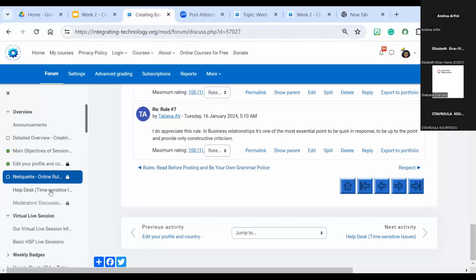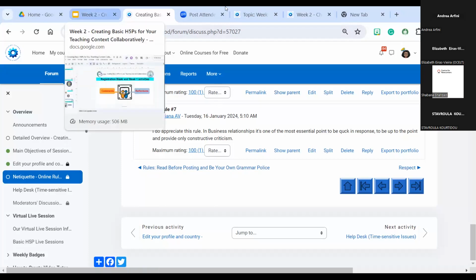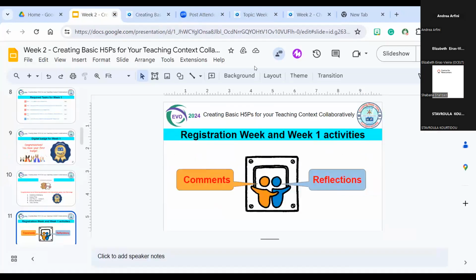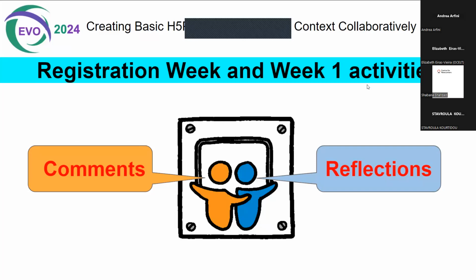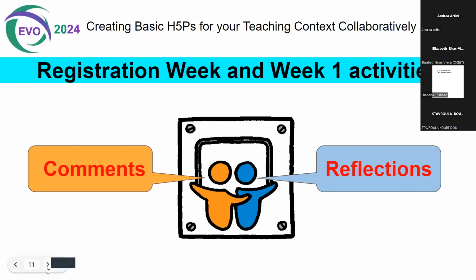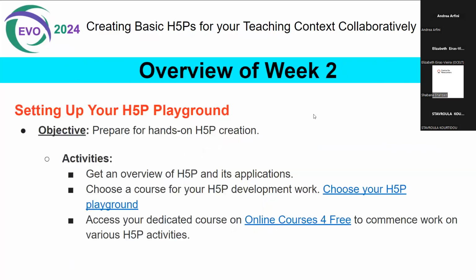Let's answer one more thing in class, and we continue with the presentation. Ambreen asked, what about the test your knowledge activity? She attempted it 2 times. Okay, if there was an issue, Ambreen, you can try it again now and your answers will be saved. Let's keep moving. There's more time for Q&A at the end. So, overview of week 2.